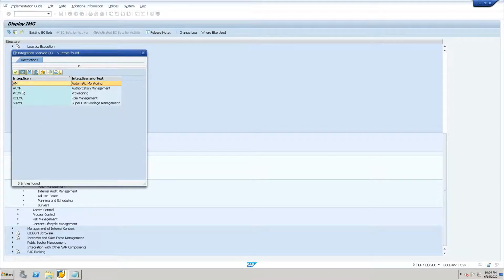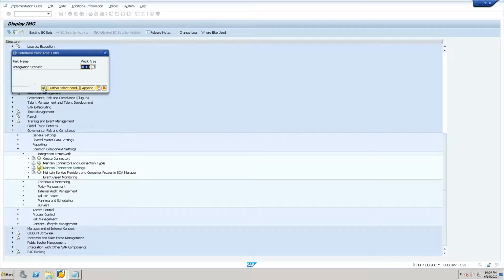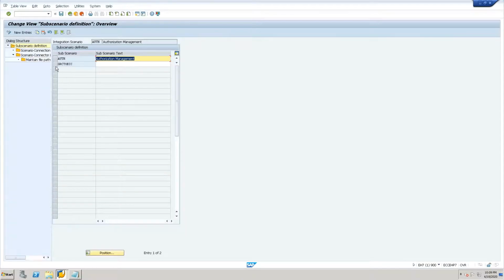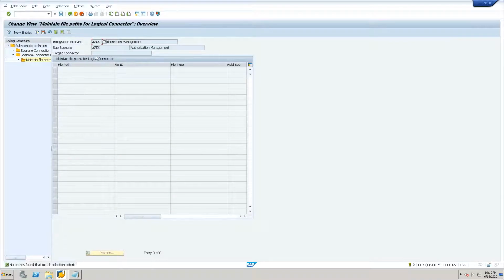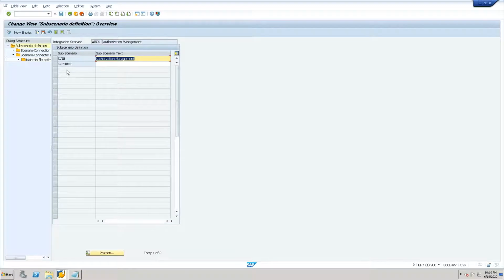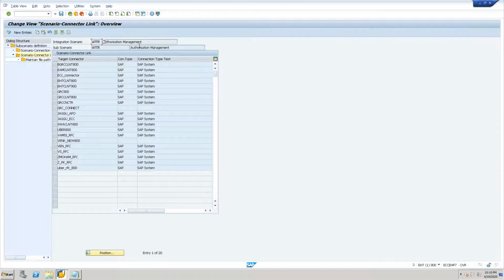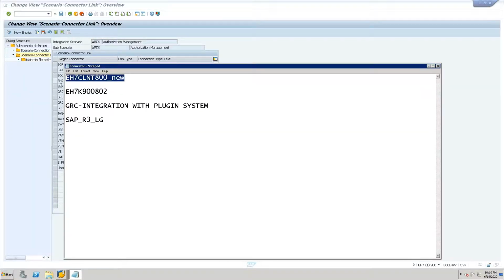So here let us go to authorizations. Just select these authorizations. If we go to this, you can see there is nothing there, so we'll create the entry. Under authorizations, are you getting this system, EH7 CLNT 800?